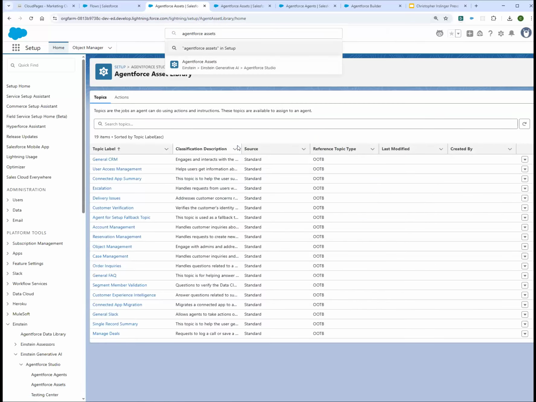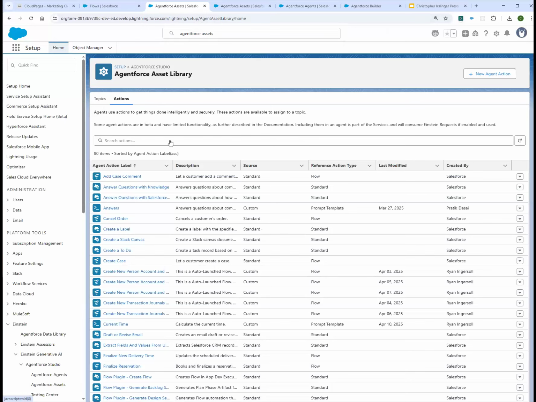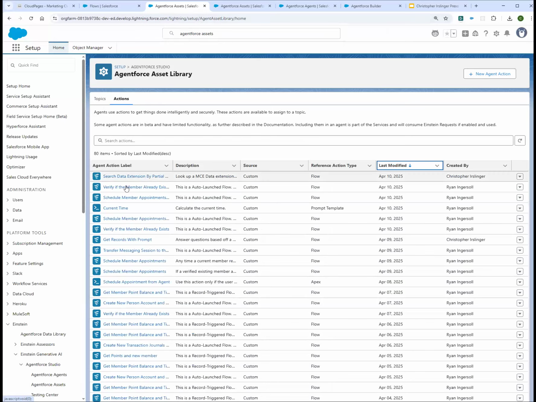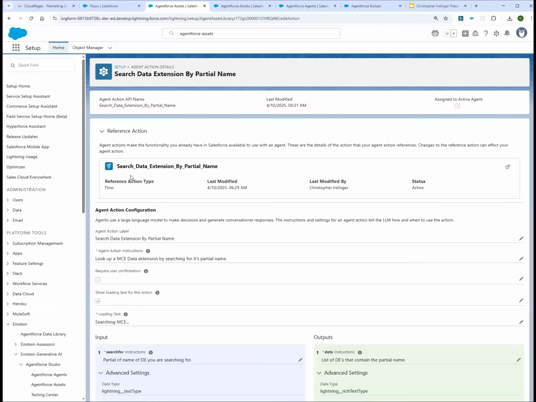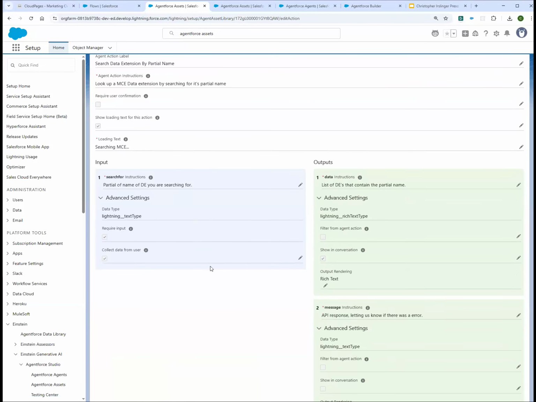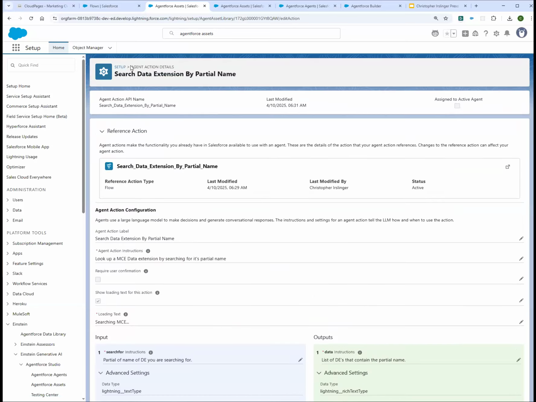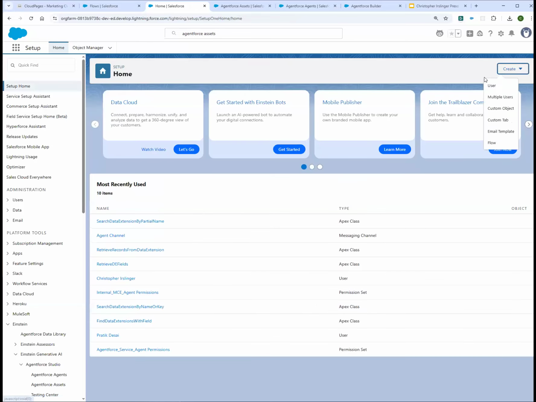So if I navigate over to actions here, and I'll just search by that, I can find an agent action that I've created for this. And so this was very straightforward. There was not a lot of building here for this. I actually can just do it in real time right now. We can recreate that same.